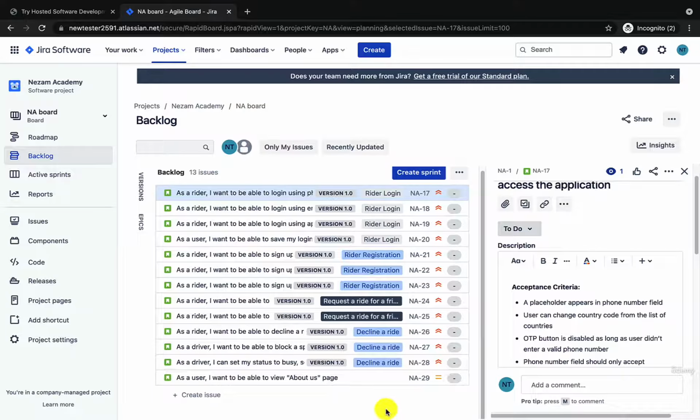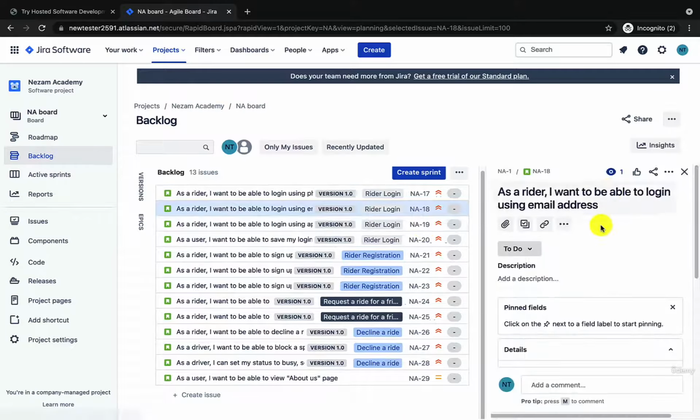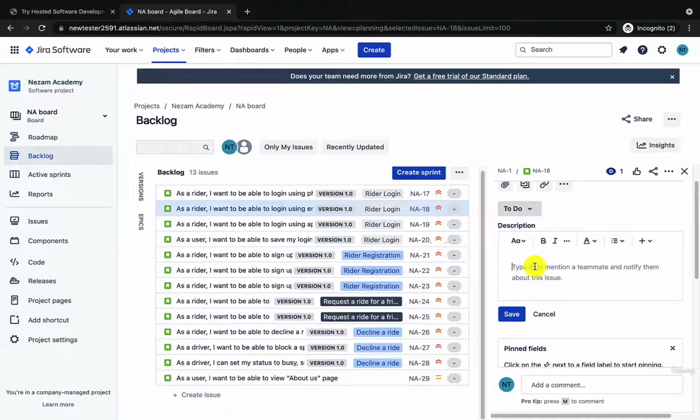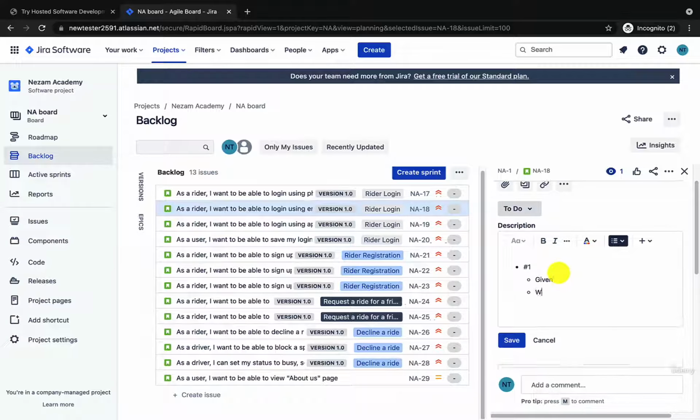Let's go to another user story. So here, for example, login using email address. But in this user story, let's choose the other way, which is given when then. So here we can say, number one, given when then. So given user entered a valid email address when user clicks on login button,